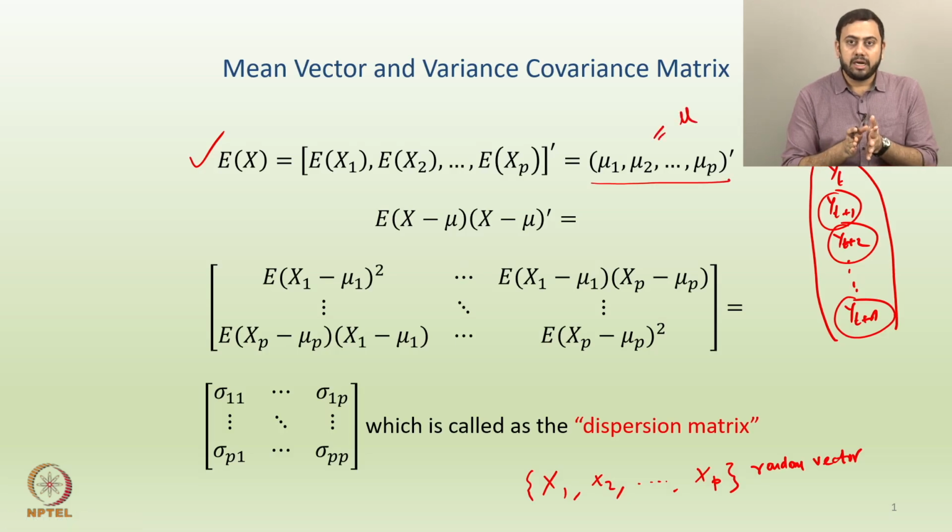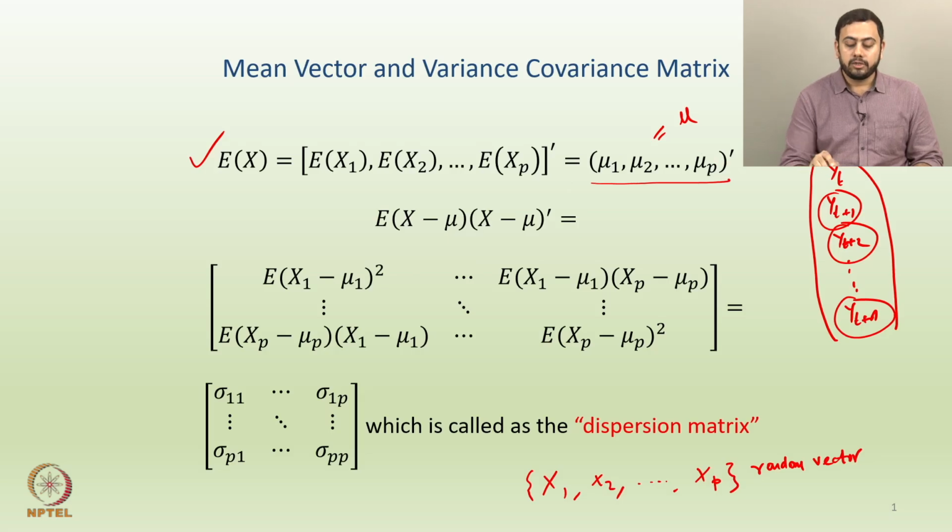So, what did we start with? We started by finding the expectation of the random vector x, which is nothing but the individual expectations of each and every random variable inside that random vector, which could be written down as individual means. So, mu1, mu2 up to mu p, which in fact is a vector that could be denoted by mu. And now, what we are doing is finding the covariance in a way, isn't it, because expectation of x minus mu into x minus mu transpose.